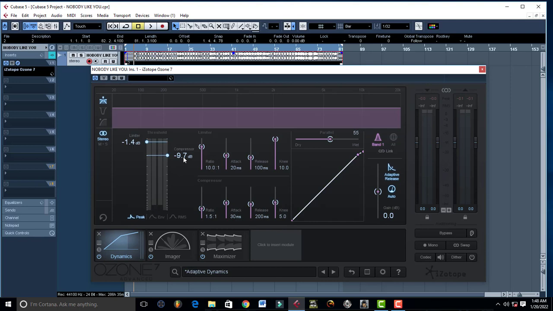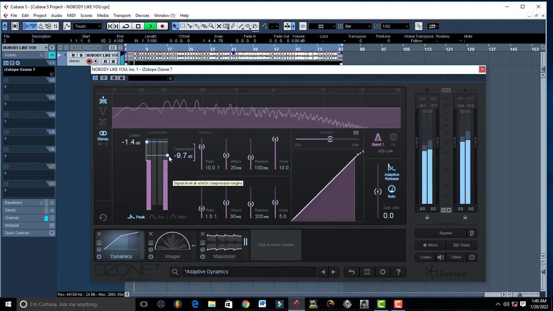So let us go ahead and just do a little bit of subtle changes to compression so that we can glue it up. The reason why Isotope has loaded up a compressor, we use a compressor to glue up the mix, the voices, and just the overall mix to sound all together. You are the